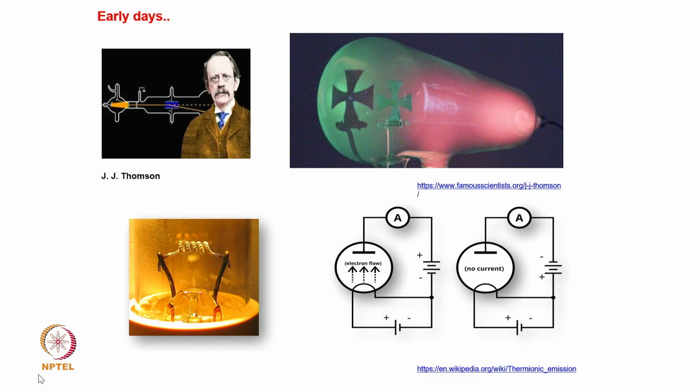One can see a glow if this cathode ray strikes a glass coated with certain phosphor material or light generation material. One can also put a metallic cross, something like this, and then one can get a shadow of this cross. That means the ray, the cathode ray, is what Thomson realized definitely consists of some particles.